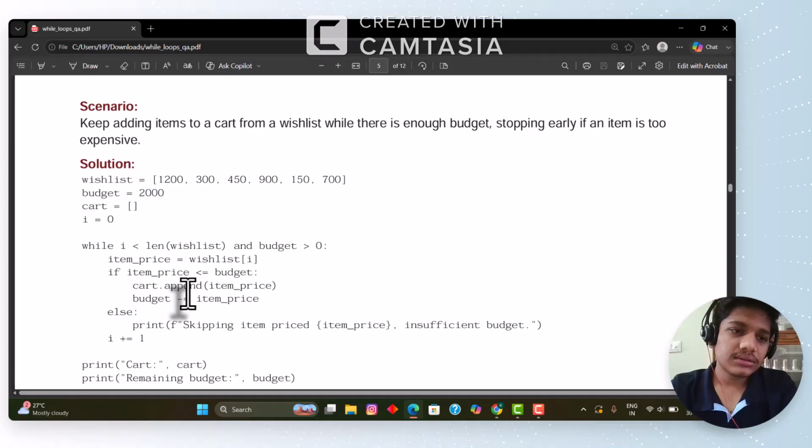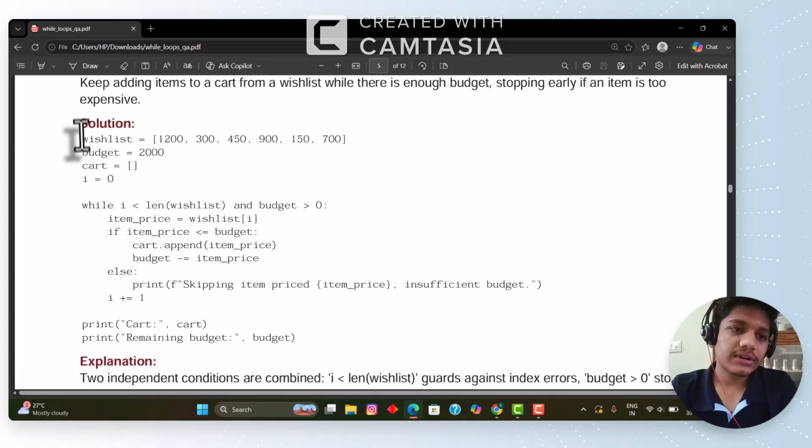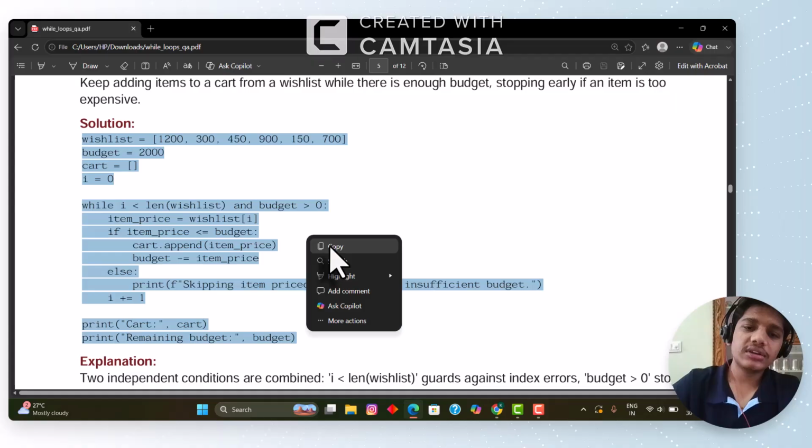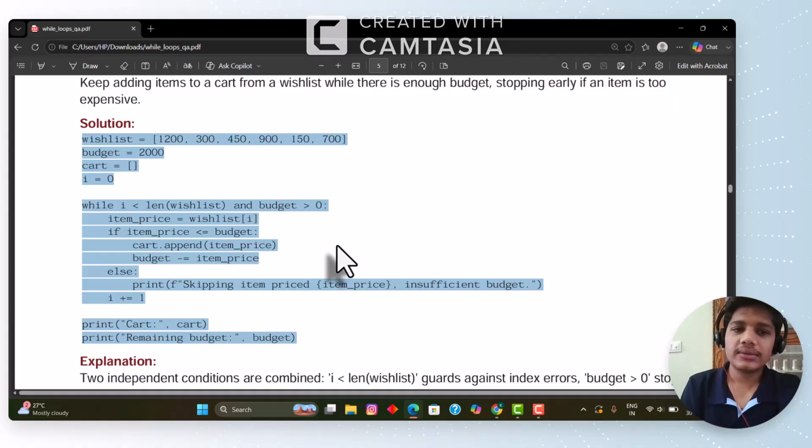Other than this, we think differently, right? So it is good for it. He was doing that if an item is greater than 2000, then stop. But budget means we have to add every product's cost, and we have to find whether the cost is greater than budget or less than budget. But what they did here was